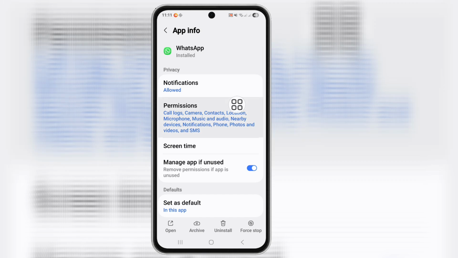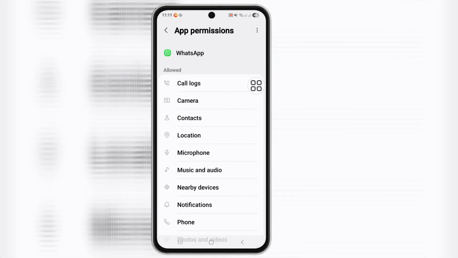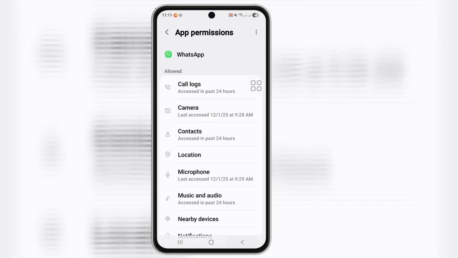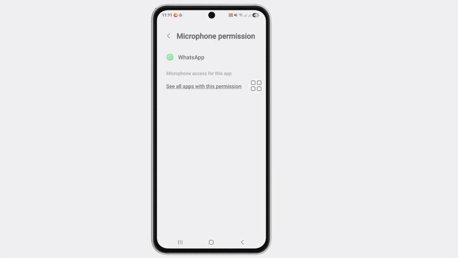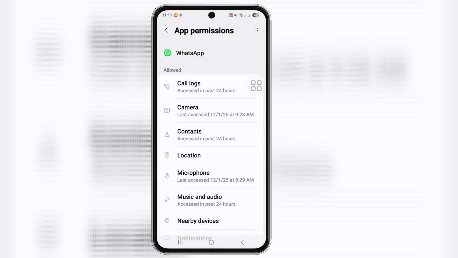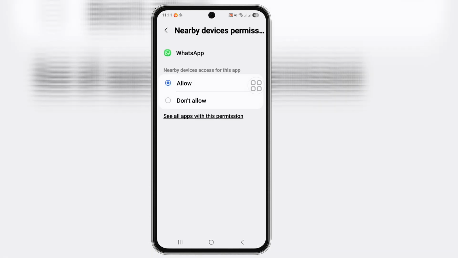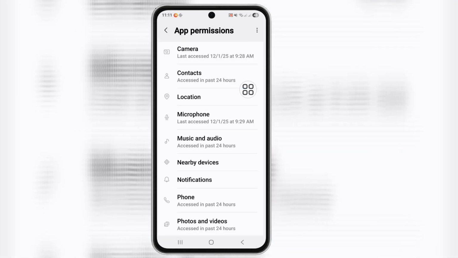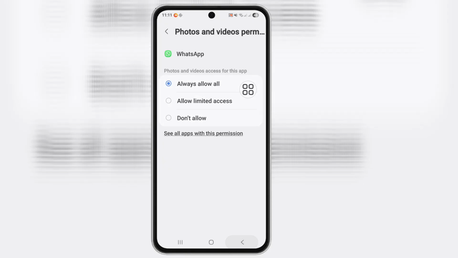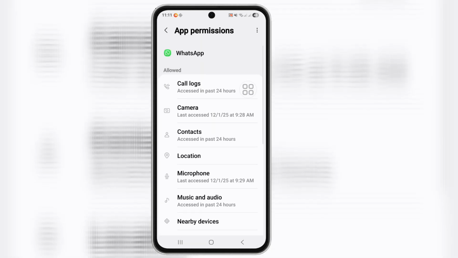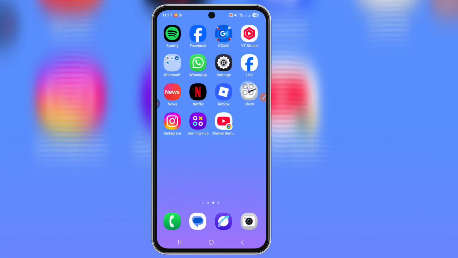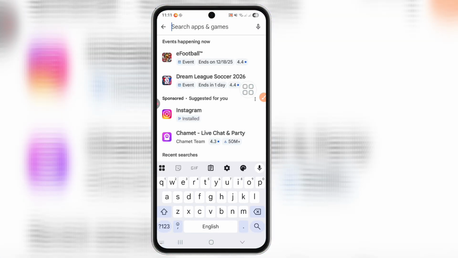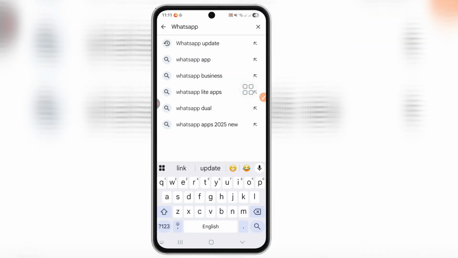Click on the permission option and allow all permission. Call logs allow, camera allow, contacts allow, location allow, microphone allow, music and audio allow, nearby device allow, notification allow, and photos and videos allow, and SMS. Okay, allow all permission. Okay, back and click on the Play Store and now search here WhatsApp and click on